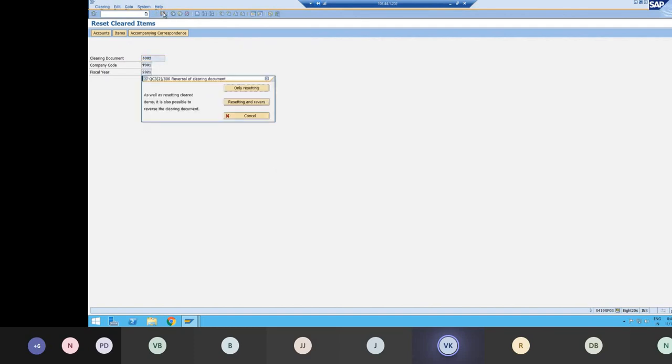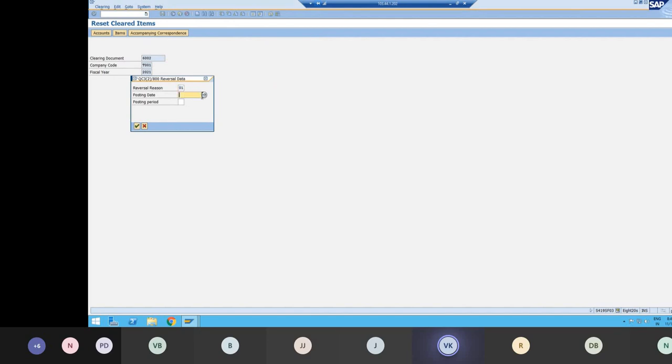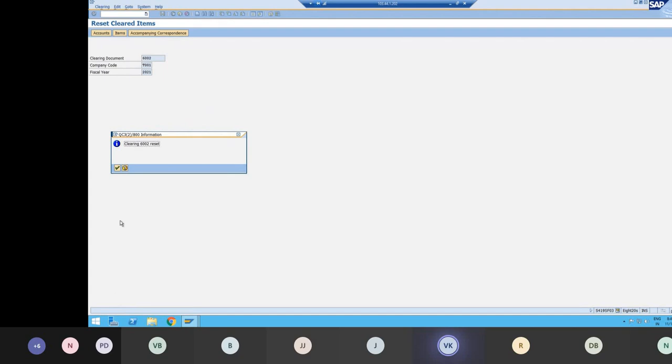Click on save. It will give me a message whether you want to reset or reverse. So always select reset and reverse. Select the posting date and click on continue. See what will happen now.